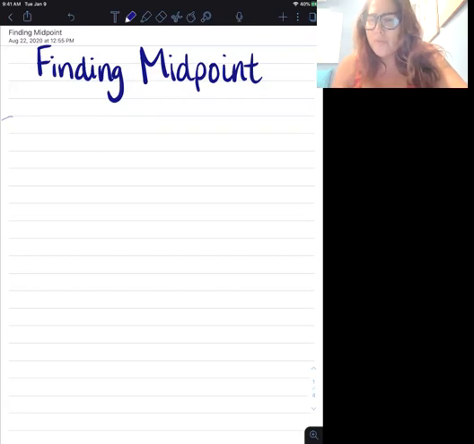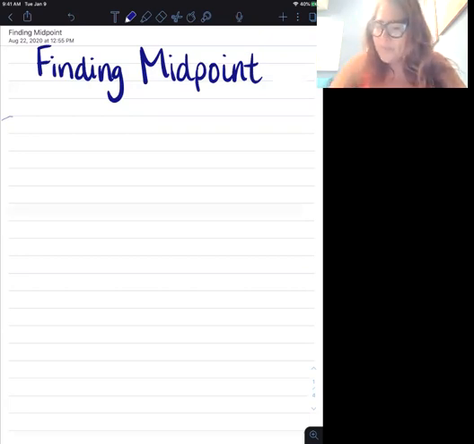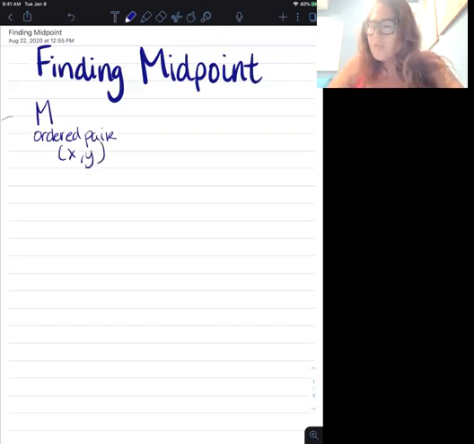So the midpoint can be found super easy by using a formula. And the formula for midpoint is as follows. We're going to identify midpoint with a capital M. So midpoint is always going to be an ordered pair, so you're going to have an X value and a Y value. That's an X and a Y value. Okay, so midpoint is equal to